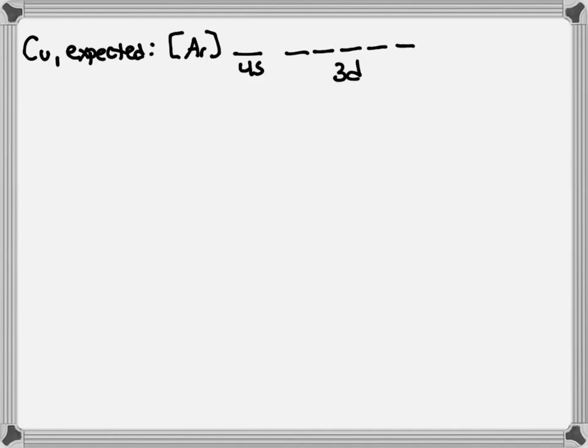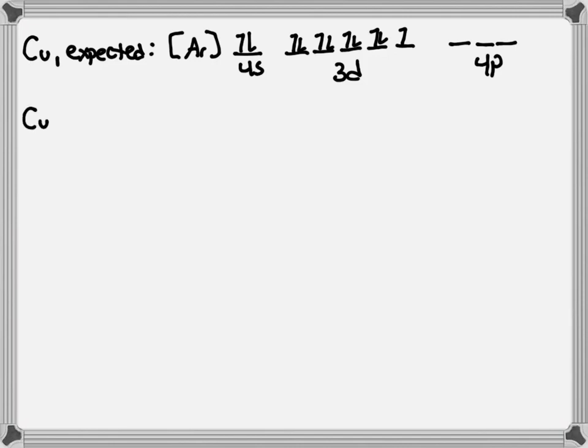We see something similar with copper. So copper expected would be argon. We have our 4s, 1, 2, 3, 4, 5, 3d, 1, 2, 3, 4p. So expected would be 2 4s and 1, 2, 3, 4, 5, 6, 7, 8, 9, 3d. Again, that's not stable. To pair up the 4s and to have that single unpaired electron in 3d,